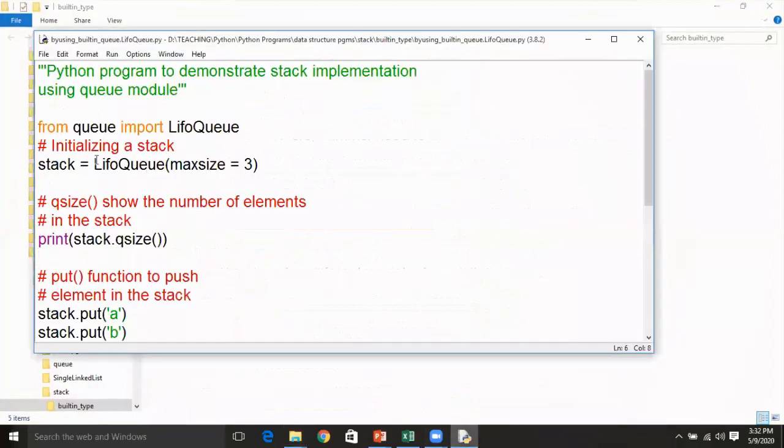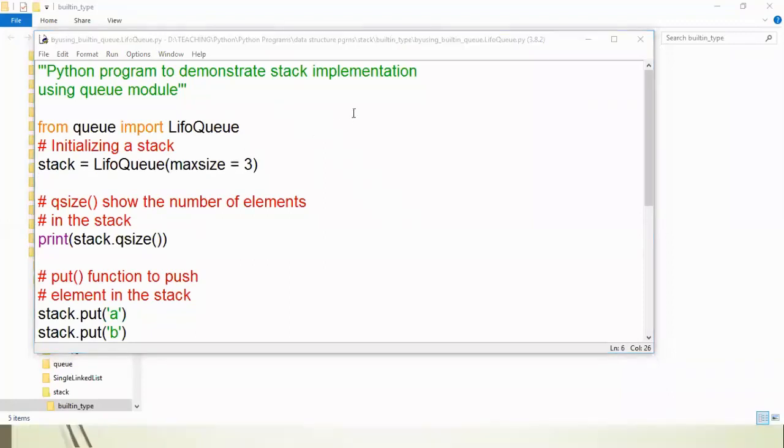While you are creating a stack, an object of this LifoQueue, you need to pass one parameter. That parameter is the maximum size, and it should be assigned an integer value which represents the maximum size of the stack.